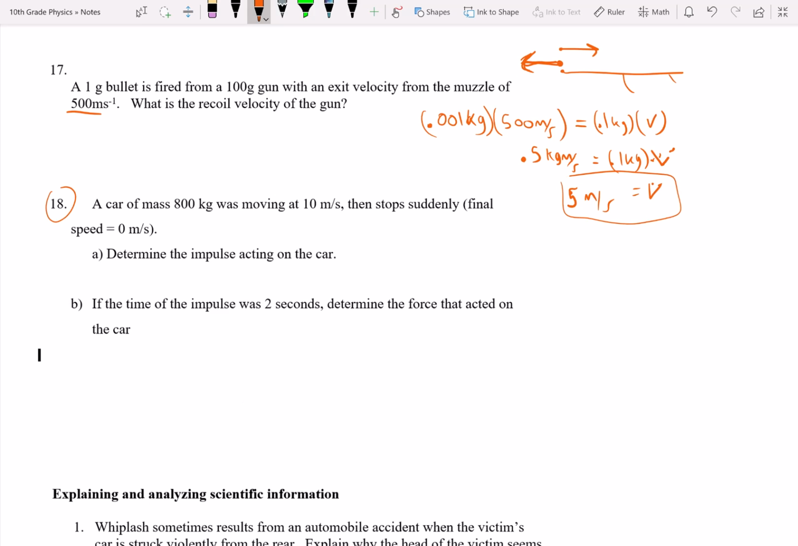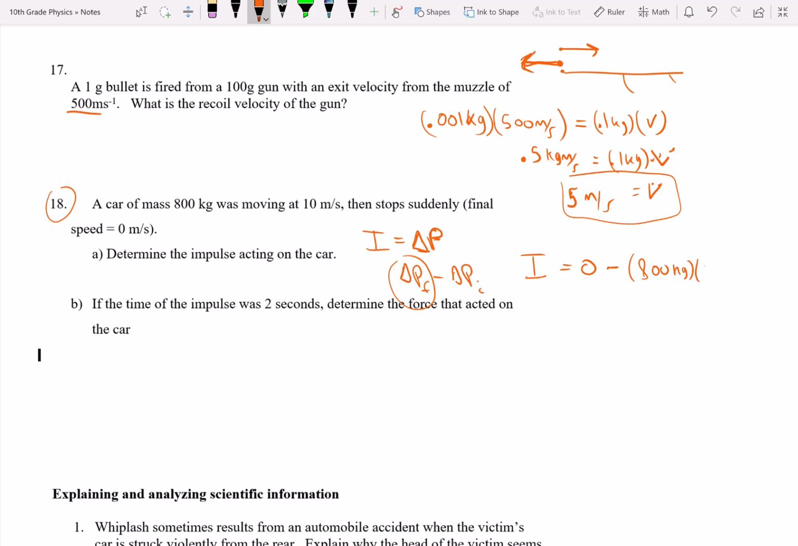Okay, 18, a car of mass 800 kilograms is moving at 10 meters per second and then stops suddenly. Its final speed is 0. Determine the impulse. Remember, impulse is the same as change in momentum, right? So change in momentum is basically momentum final, that's a better word, minus momentum initial. So the impulse here is the final momentum, which is 0, minus the initial momentum, which is 800